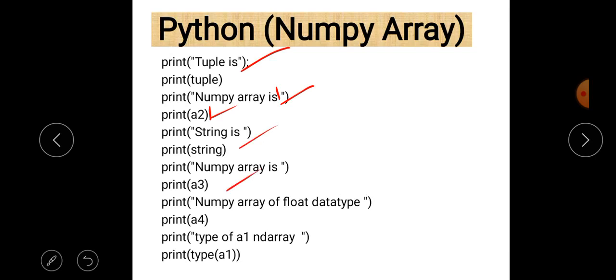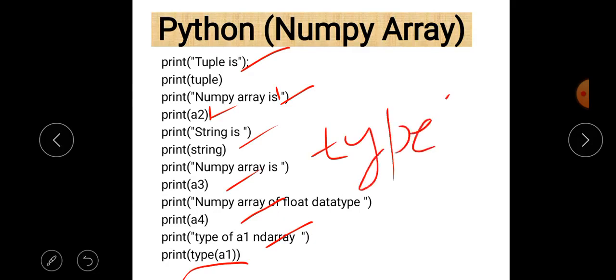Now if you want to print the data type of it, then the data type is also printed here. You can easily see that. And if you want to find the type of an array, for this purpose there is a function type which returns the type of an array. So just write type, and then within parentheses write the name of the array, and it returns the type of that array.